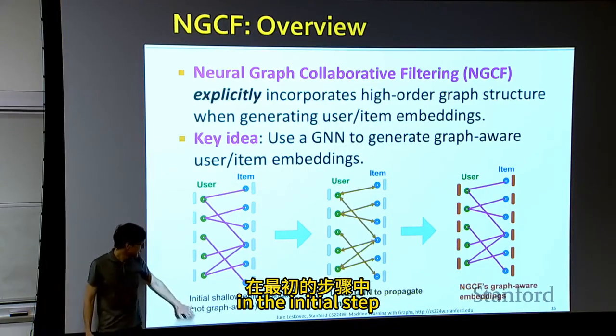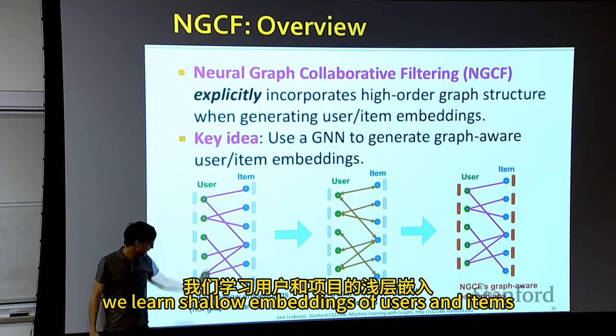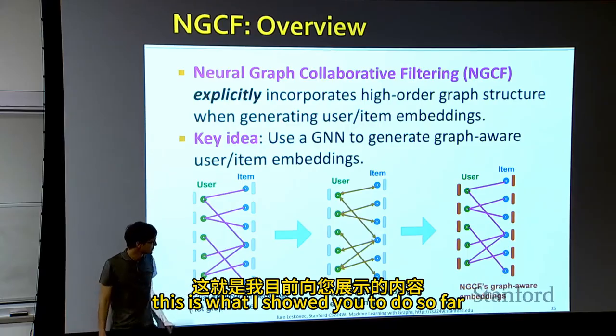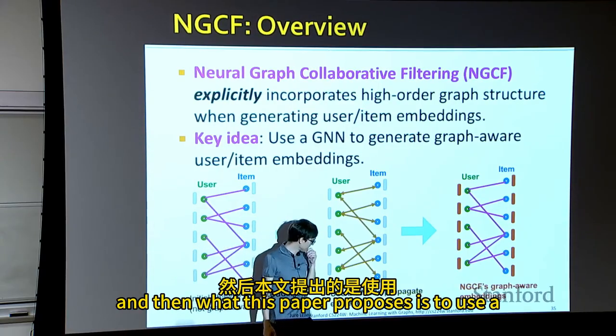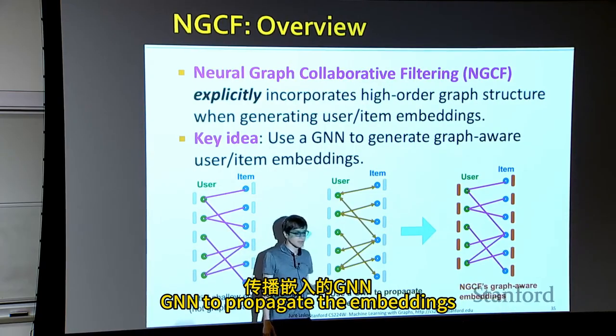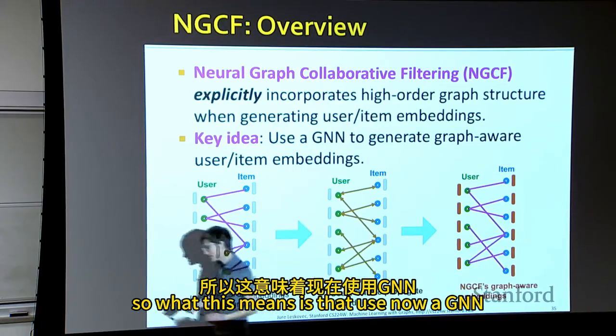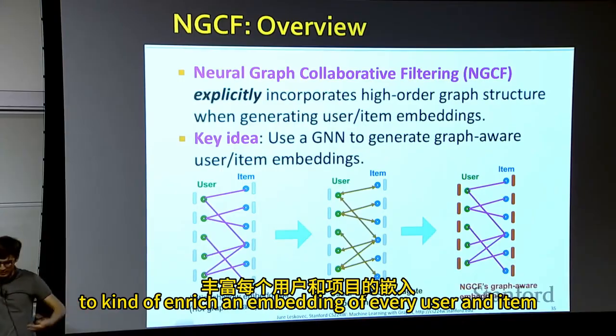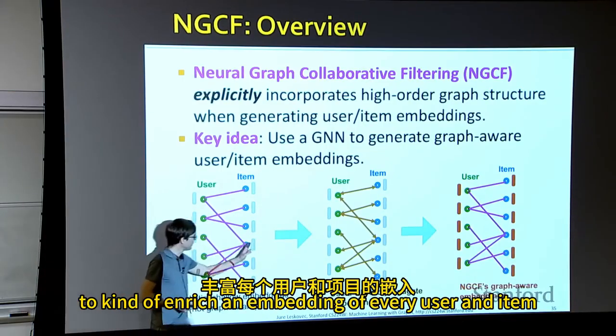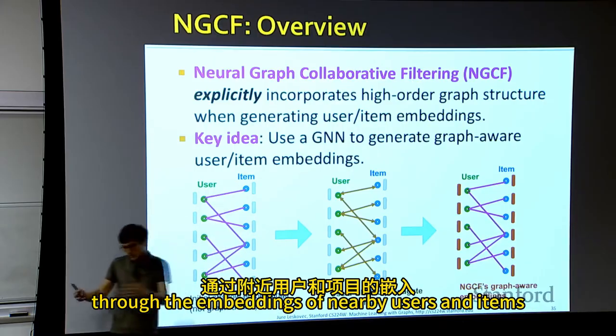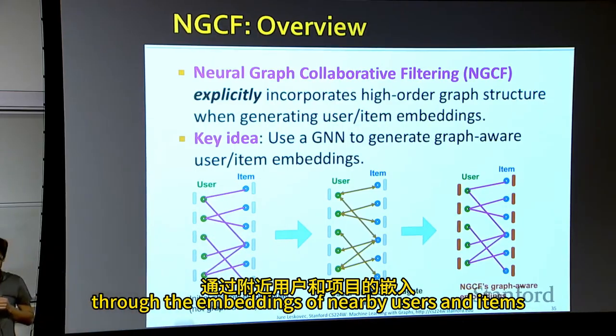In the initial step, we learn shallow embeddings of users and items. This is what I showed you so far. And then what this paper proposes is to use a GNN to propagate the embeddings and make them more graph-aware. So what this means is that we now use a GNN to enrich the embedding of every user and item through the embeddings of nearby users and items. And you kind of